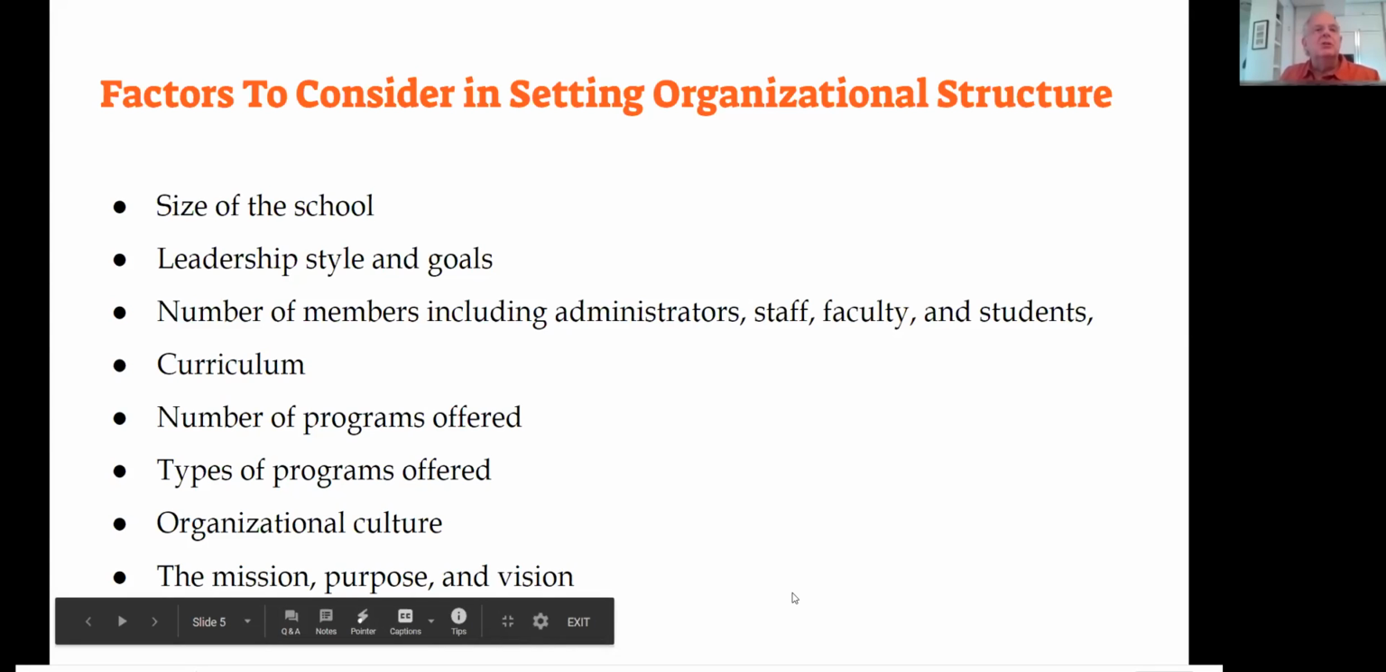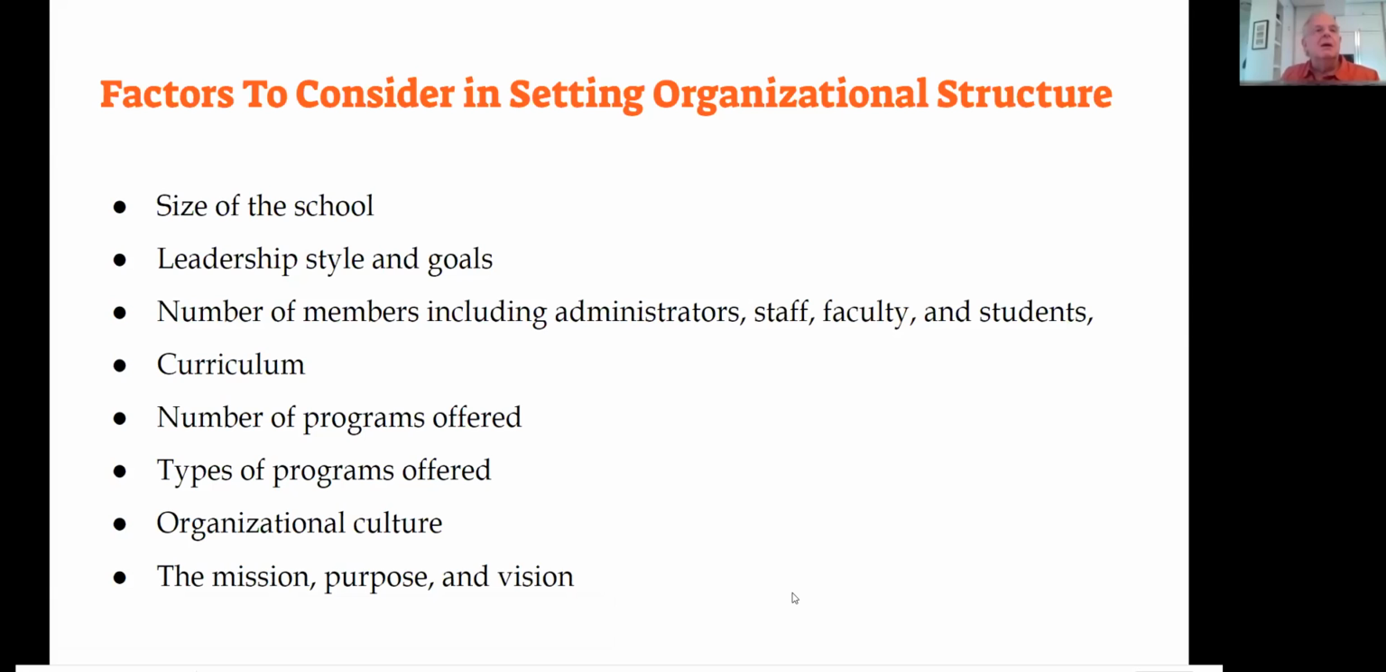Okay, curriculum depends on the curriculum you're using. What are you teaching? How complicated is it? What types of students you have, whether they're self-motivated and participating. The number of programs, again, burdens the organization. The types of programs, the culture that you have or are looking to create. Do you have, on the one hand, an open, friendly culture where everyone is sharing with each other, or do you have more of a military culture? And finally, and we'll talk about this more in 2 minutes, the mission, purpose, and vision that you bring